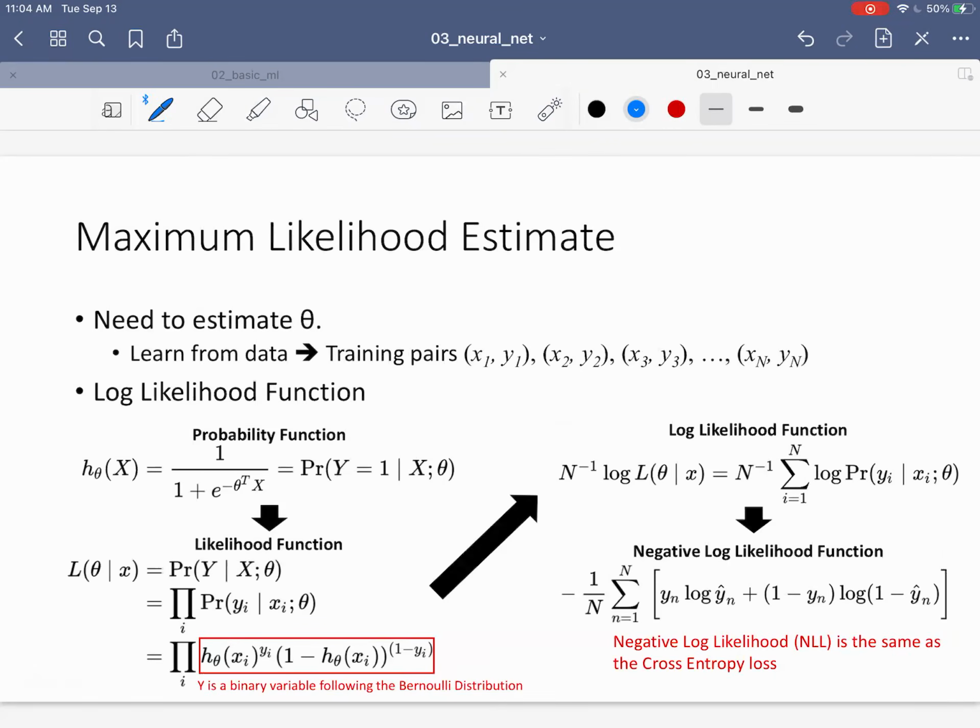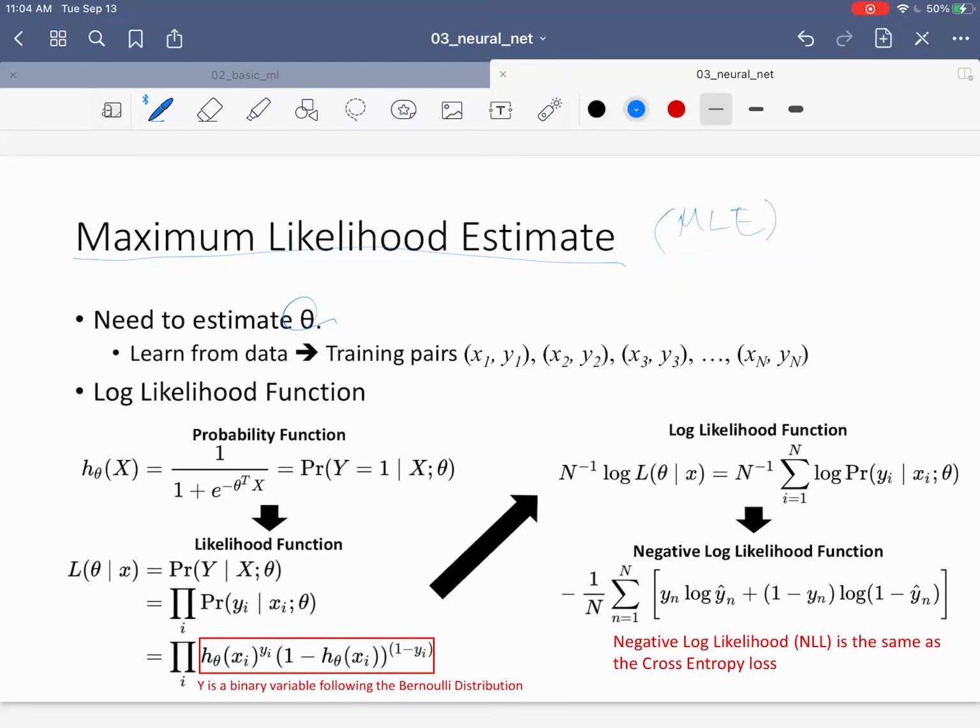So we need to estimate theta, and what we're going to use is a principle called maximum likelihood estimate, which is called MLE. In Korean, I think it's 최대 우도법, 최대 우도 측정법 뭐 이런 걸로 알고 있는데 이제 배우신 분들은 이제 기억이 나시겠죠. So we're going to use the maximum likelihood estimate principle in order to train or optimize the theta